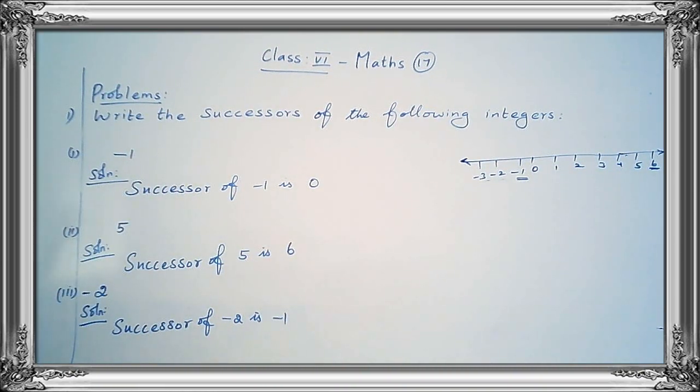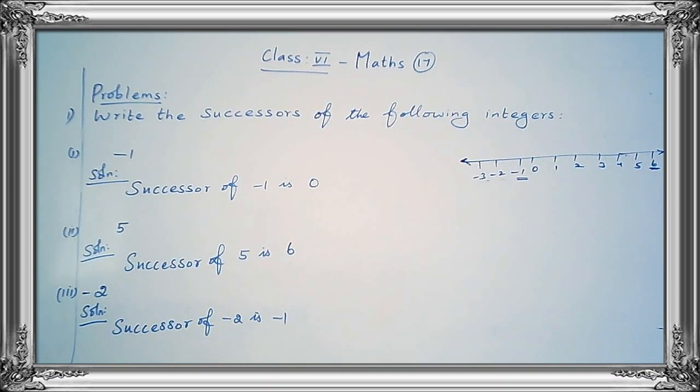எப்போமே right side la இருக்கிறதா successor எழுதணும். சரியா? Successor of an integer lies to its immediate right on the number line. Okay? Okay, children? Clear? Yes. Now write it in the classwork note. You put the heading problems. Okay? Write the question. Write the successor of the following integer. First one, minus 1. So the successor of minus 1 is